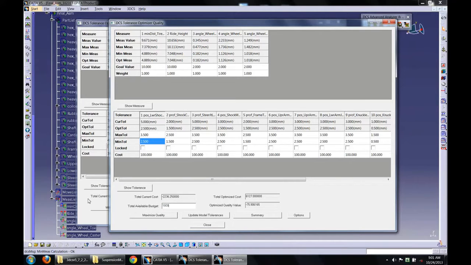And you can change your quality. Now I'm assuming I only have $1,000. Notice how the quality value increased a lot, meaning the quality got worse. And that's because I don't have enough money to machine things, so the quality is getting worse. Now I have unlimited money and my quality is great. So it's all just relative. You can try out different values and get your